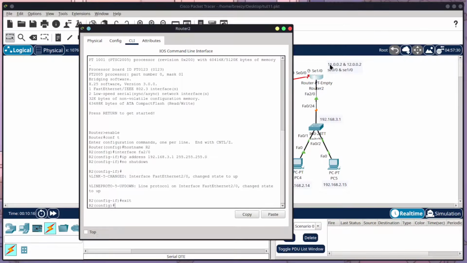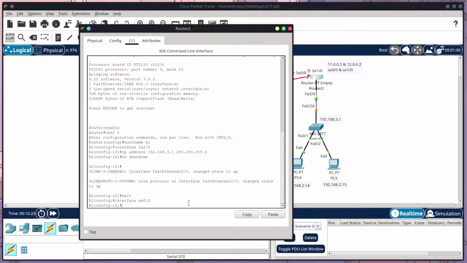And now I'm going to configure our 11 one first, which is 00, so interface SE00, IP address of